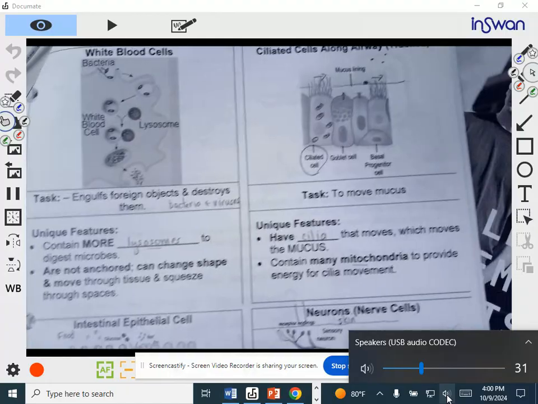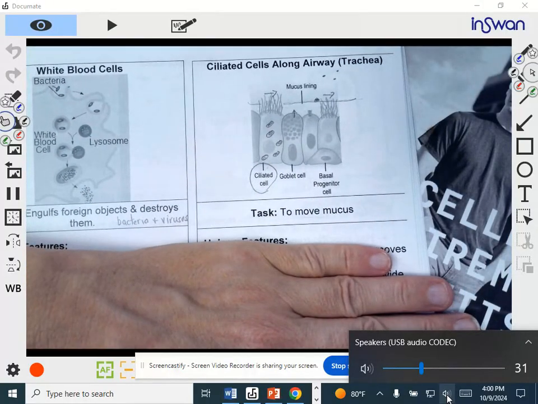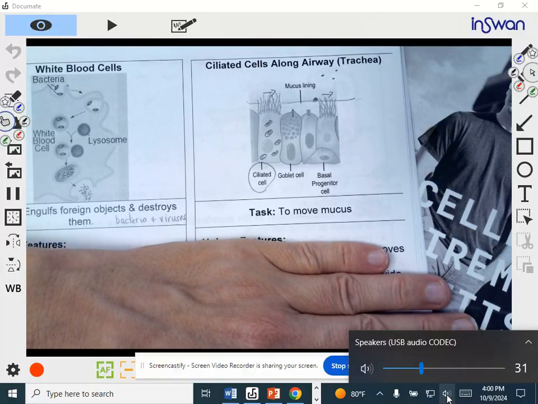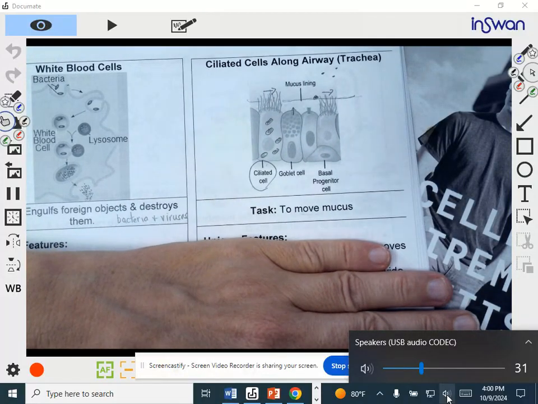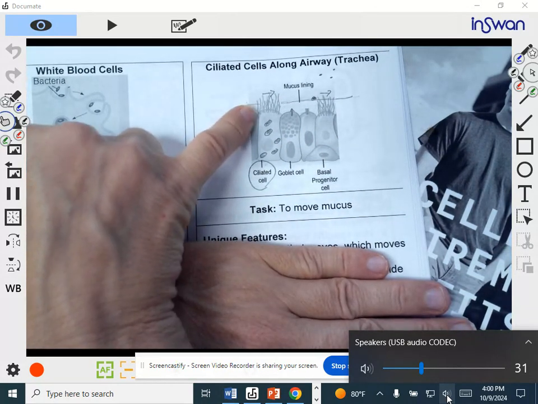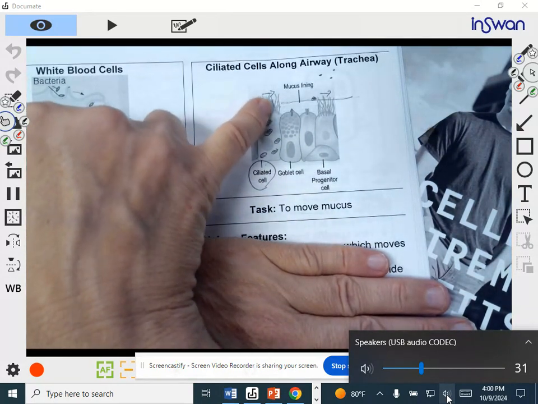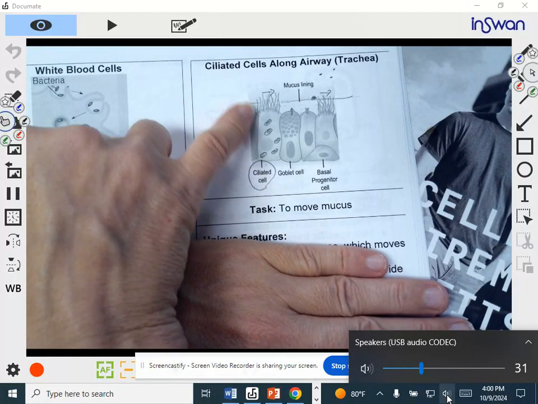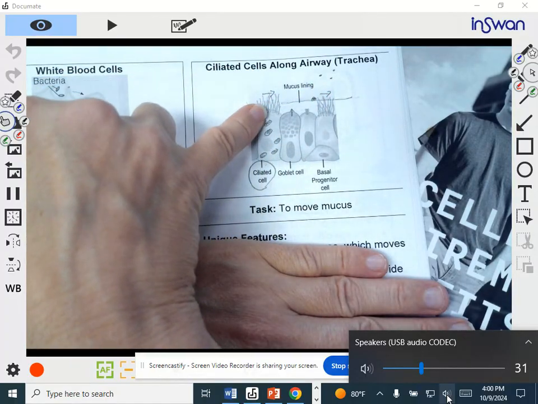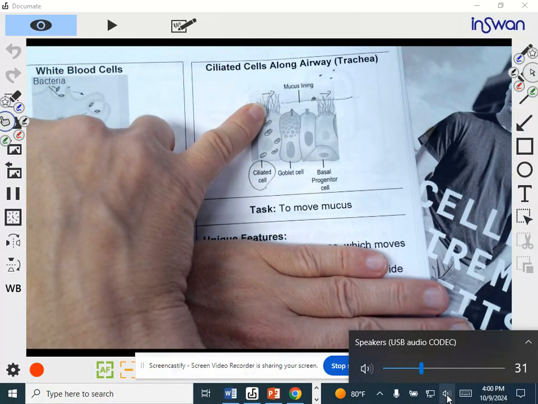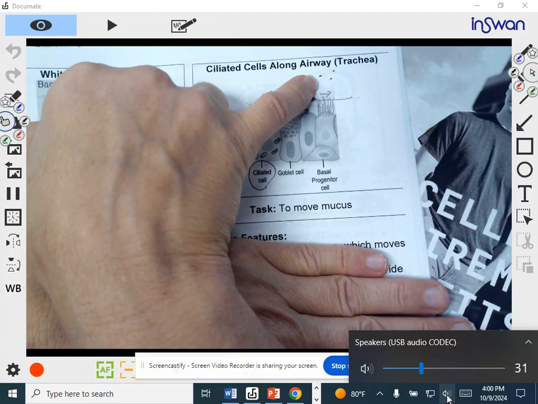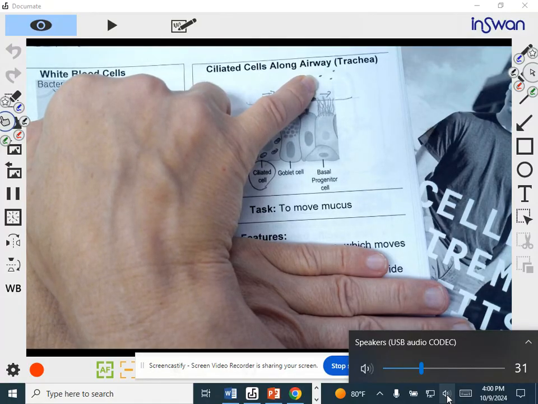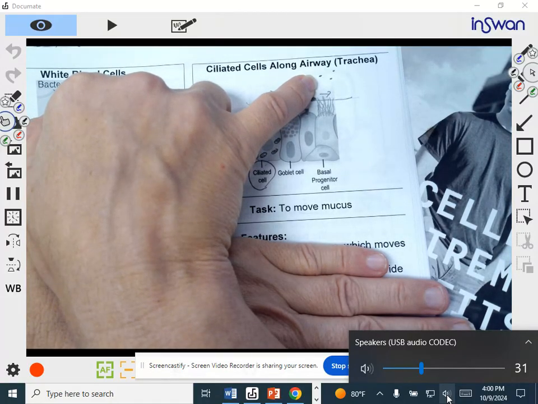Now let's take a look at the cells that line your airway, your windpipe. It's called the trachea. And let's take a look at these right here. These cells have these little hair-like extensions, and those are called cilia. Now, the job of these cells is to move the mucus that lines your airway that traps particles that you breathe in. So when you breathe in dust and spores and other things that are floating around in the air,